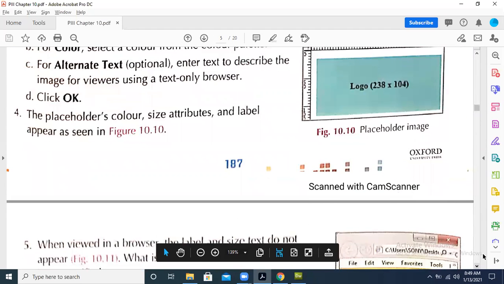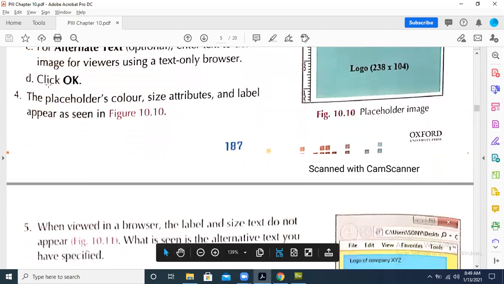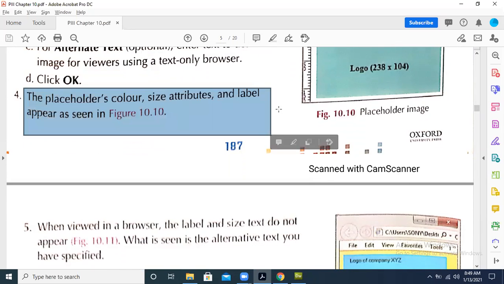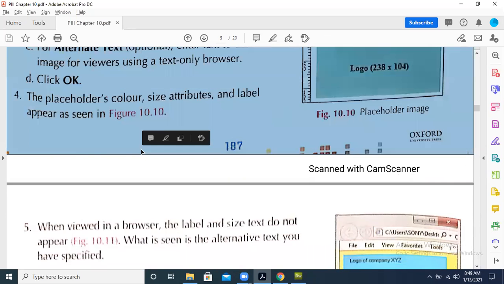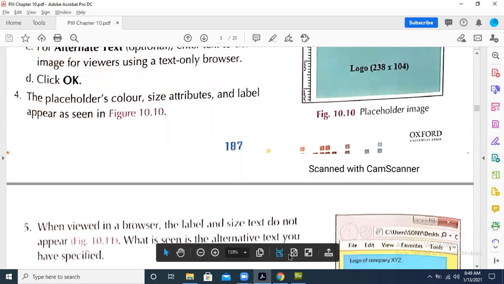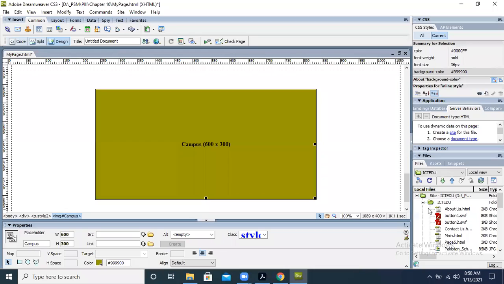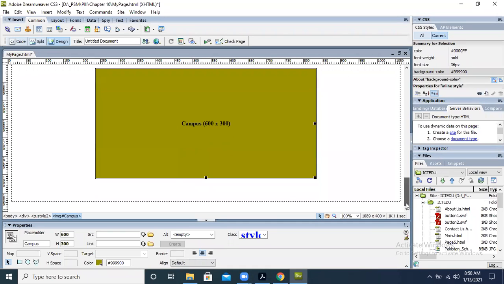So in this way we can change the attributes even after inputting a picture placeholder, image placeholder. We can change the attributes like color, size, label, all these things are changeable even when we have entered this in our work. Okay. By default right now, just like border is there, what is the border thickness. So we can mention all these things over here.